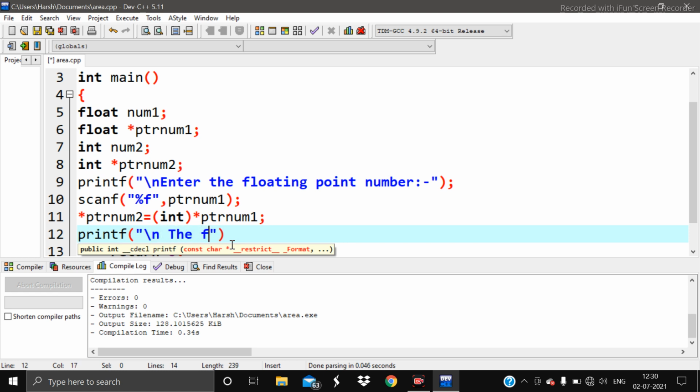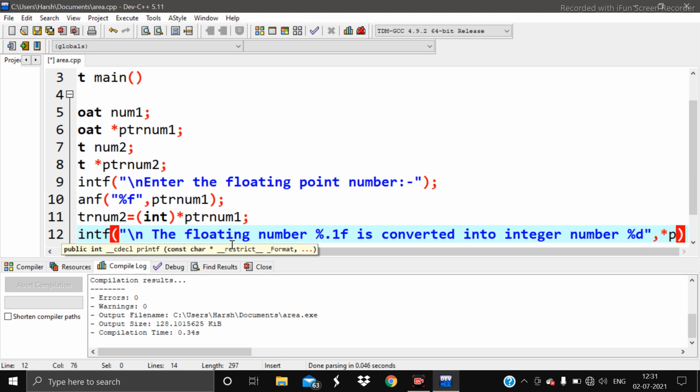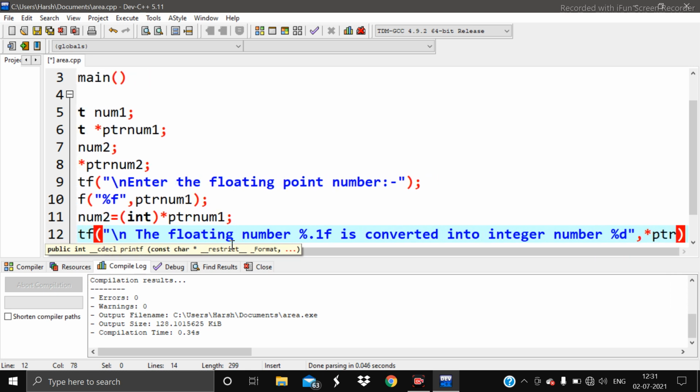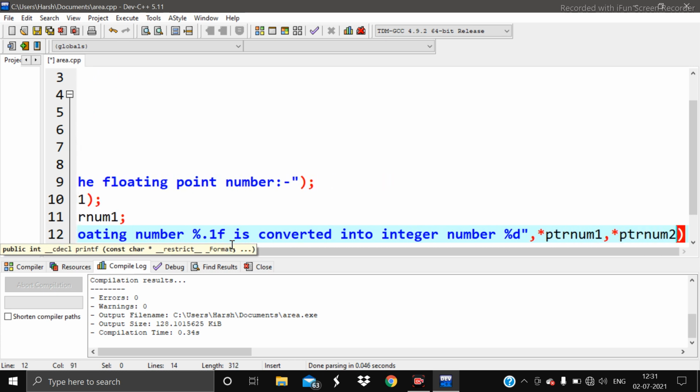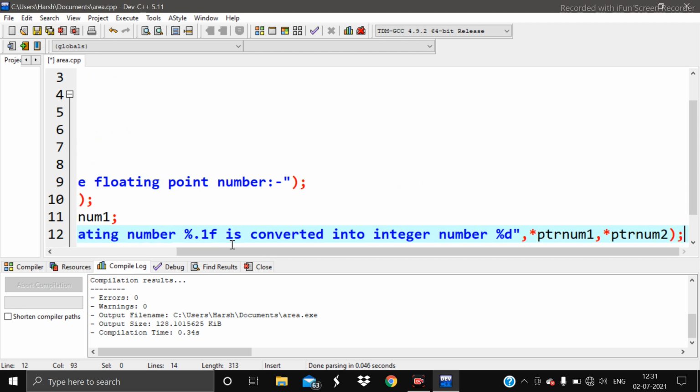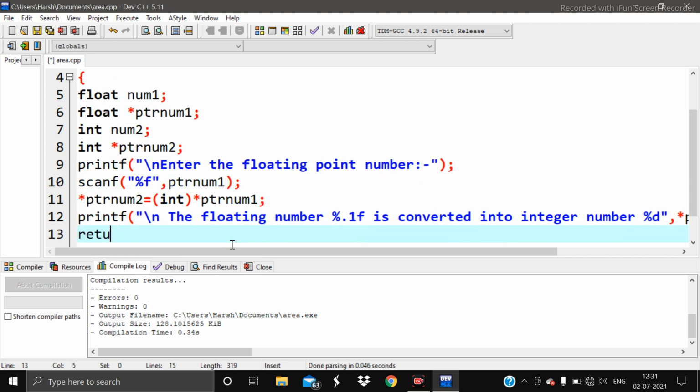The floating number %.1f, I want only up to one decimal place, is converted into integer number, and now it is %d. Okay, and the floating variable is *ptr_num1, and the integer pointer is *ptr_num2. And now at last we'll use return 0,